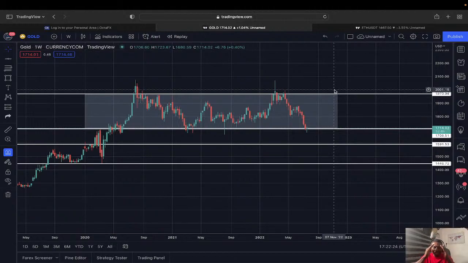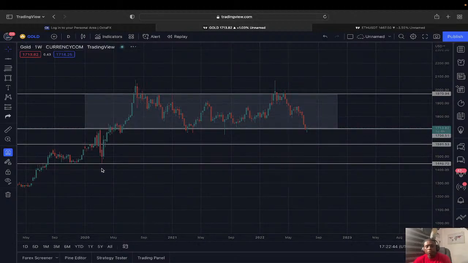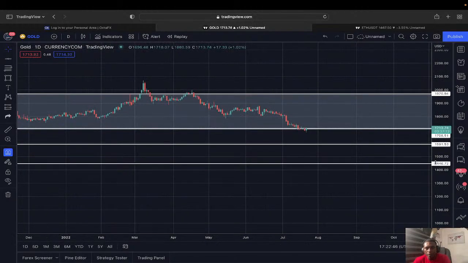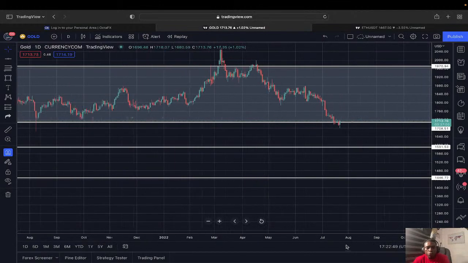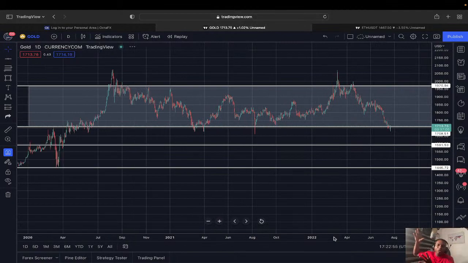But then how do you see into what that gap occupies? For you to see into what that gap occupies, we zoom closer at the lower time frame, which is the daily time frame. So now let's go to the daily time frame. Don't forget, we are using a top to bottom approach. It's not confusing, because you are coming from a higher time frame to a lower time frame. It's just you trying to zoom in clearly.